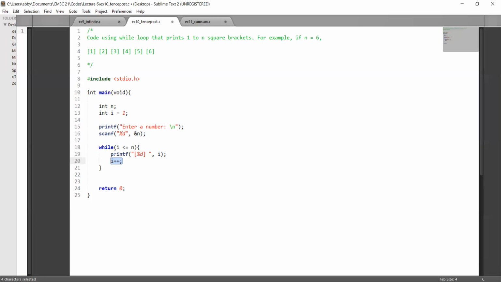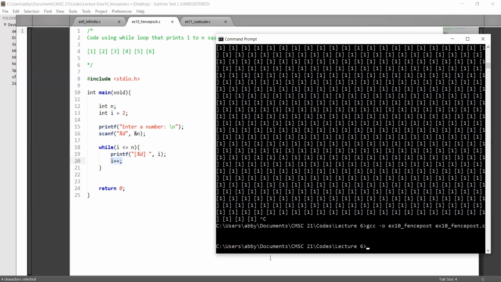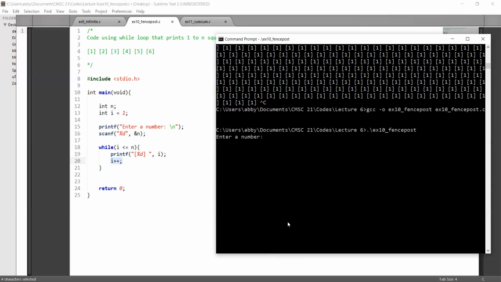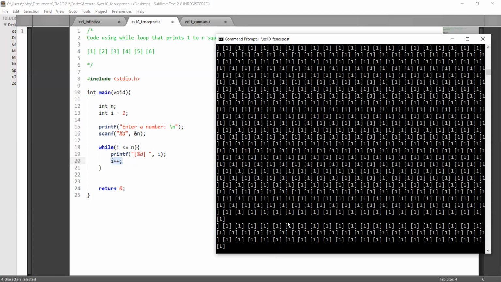So in this case, we will be using an increment operator, which increases by 1 at every iteration. So in that way, it allows the while loop to terminate eventually. Okay, so let's check. Okay, so enter a number. Oops, we